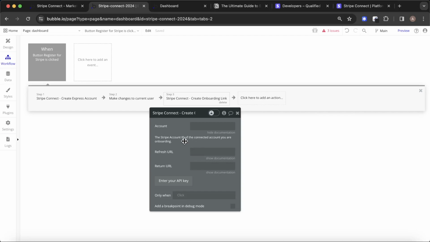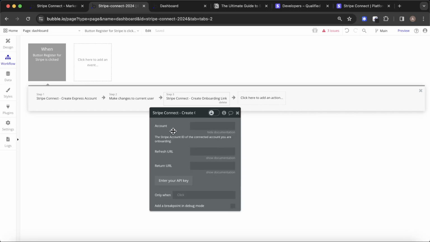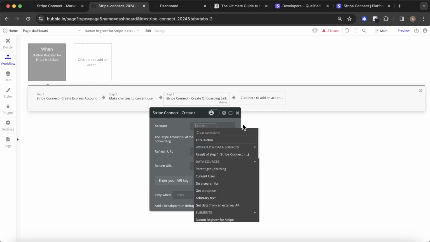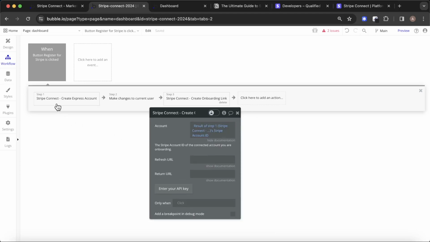So because this whole platform is going to be built on Stripe Connect, you may hear me refer to connected accounts. That's essentially merchant accounts that are on our platform. An account is the unique Stripe account ID that's associated with the connected account, which is the merchant's Stripe Express account. And what we can do for that, it's really simple. We can just say the result of step 1, it's Stripe account ID. So again, we're creating that Express account, associating that unique ID with the user, and then passing that through to